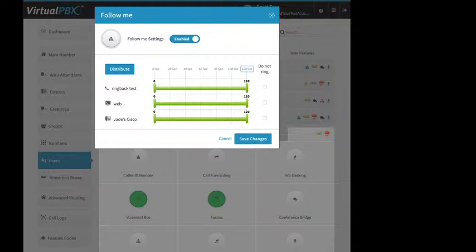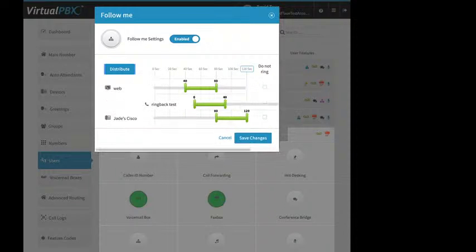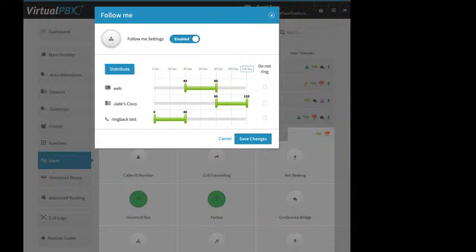Now, again, you have the timestamps along the top. Default is 120 seconds. You can click Distribute, so you can have it ring in order. You can do something like that, just like groups. Now, one thing to keep in mind about Follow Me calling,